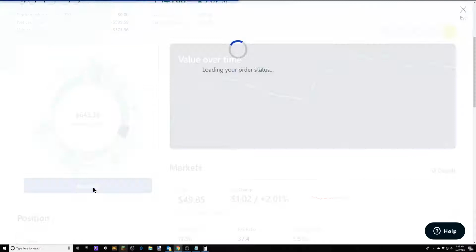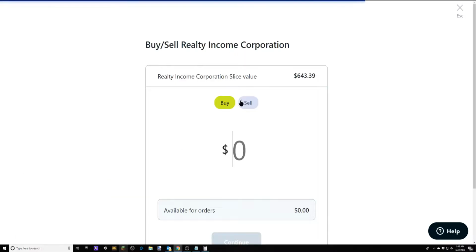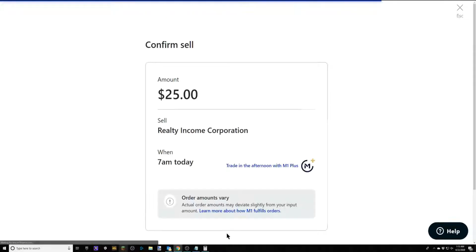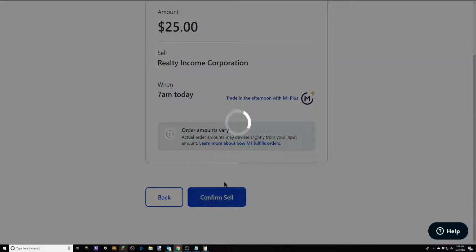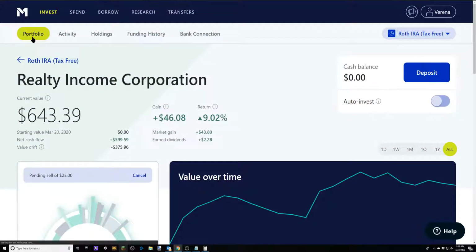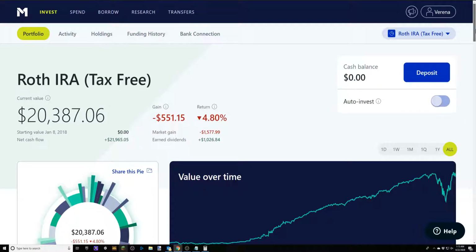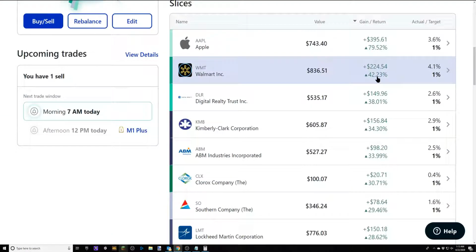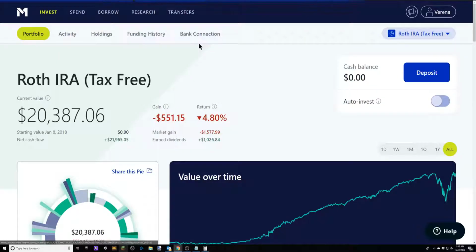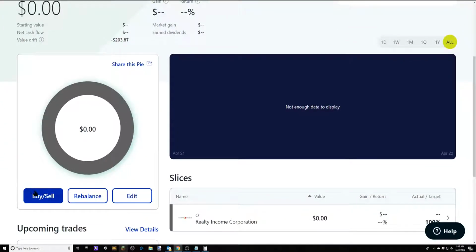I'm going to go down into the buy sell. What I'm going to do here is sell. I'm going to sell $25 and hit continue and confirm the sell. What this is going to do is on the next trading day, it would sell that position from the individual holding. Now what I want to do is get my REITs pie that I recently added in here, select buy sell,